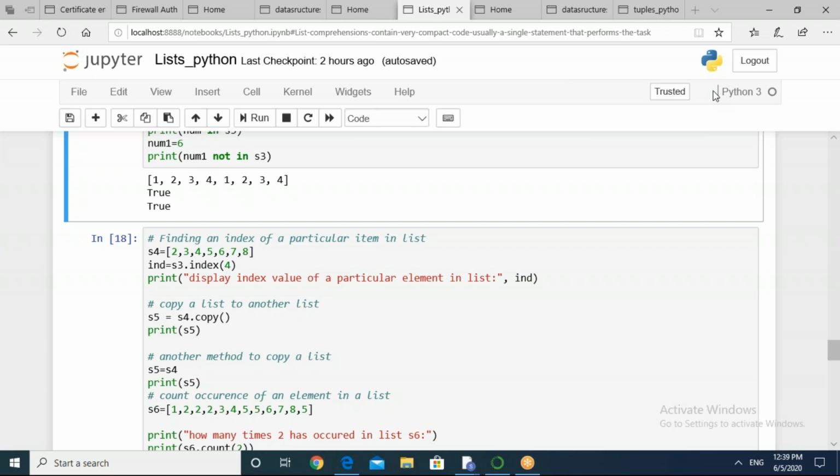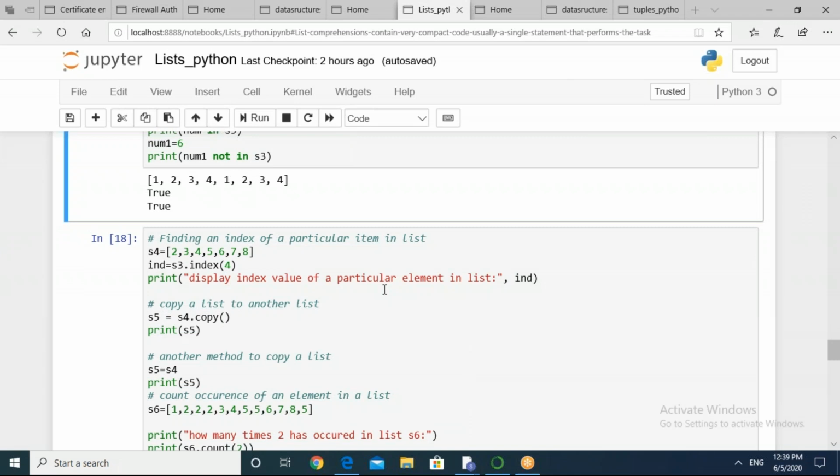So compactness is to be used only up to the level that it is well understood by others also. These are some of the things we need to take care of in programming in general, in any programming language.